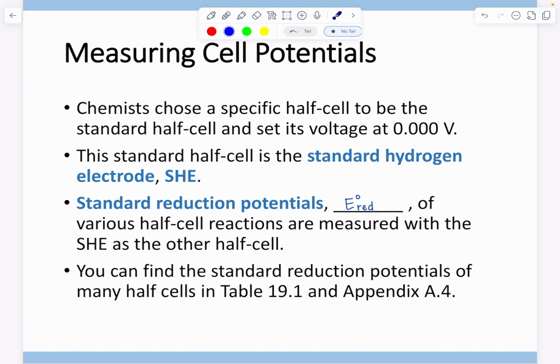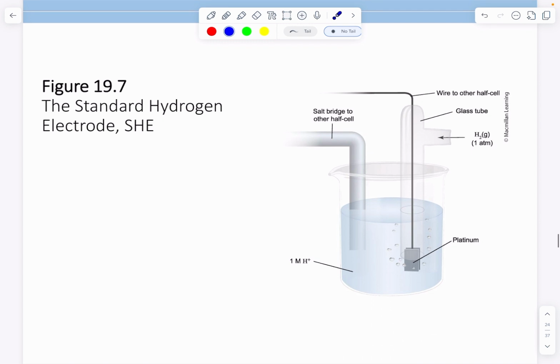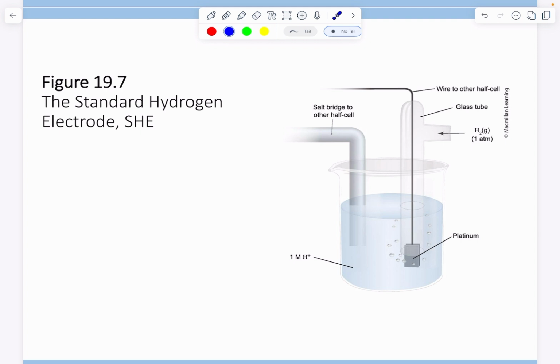These are the standard reduction potentials for different redox reactions. Each half-cell reaction is measured with the standard hydrogen electrode as the other half cell. So these are stated values, again, a reference that you can use to solve problems. We'll see examples. Here's the standard hydrogen electrode, the SHE. There's H plus in solution, hydrogen gas being bubbled in, a wire to the other half cell, and